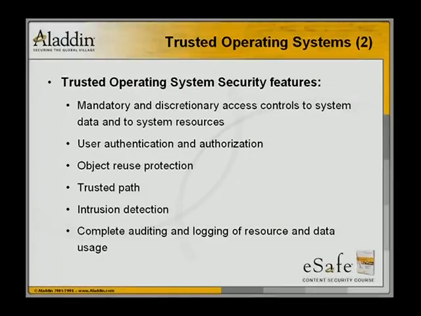Okay, so trusted operating system security features should include mandatory and discretionary access controls to system data and to system resources. Basically, it's big words to describe that a user should have only permission on the object it needs to access, and not more and not less. He needs to read the document, but he should not modify the document, and he should not delete the document,